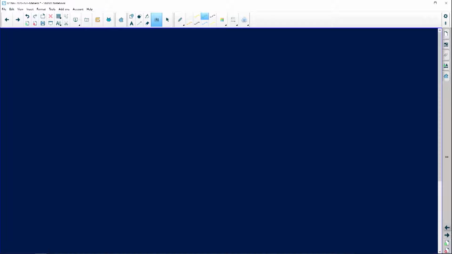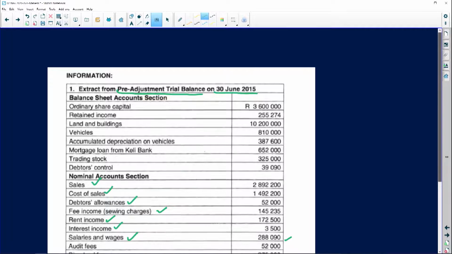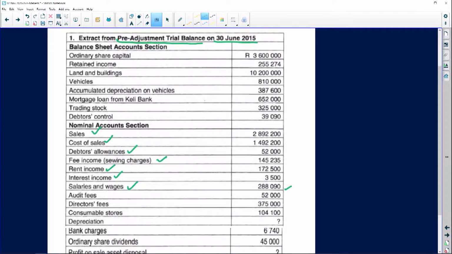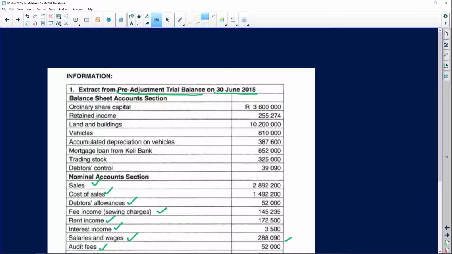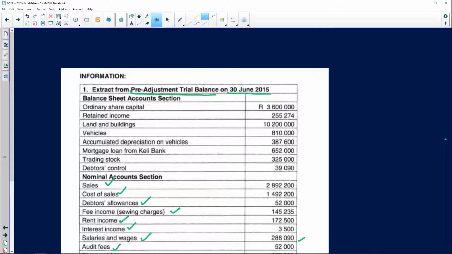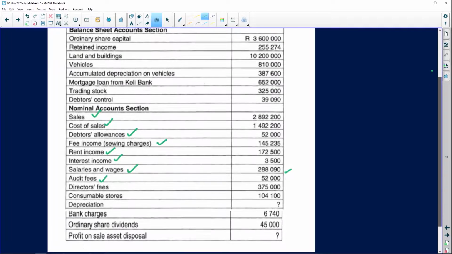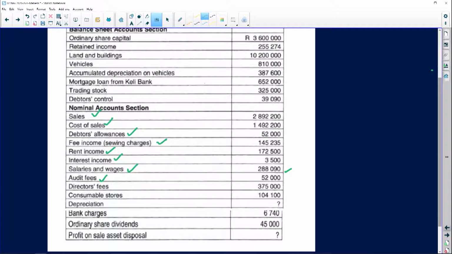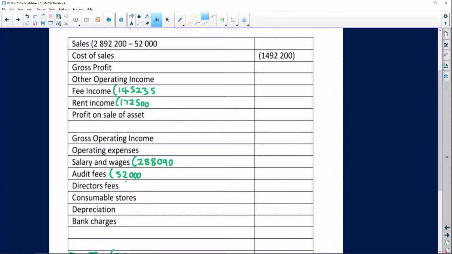288,090. Okay, my next expense after salary and wages is audit fees. Let's just bring that down so you guys can see. So I've got audit fees, 52,000. So I'm going to quickly bring that down in brackets, 52,000, followed by my next expense after audit fees. Okay, just going to move that. So my next expense, director's fees, an amount of 375,000. Okay, so director's fees in brackets